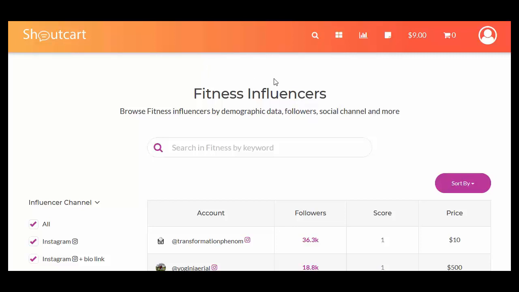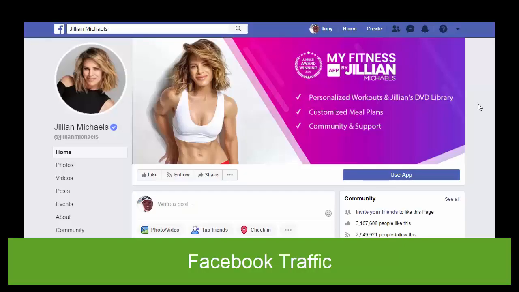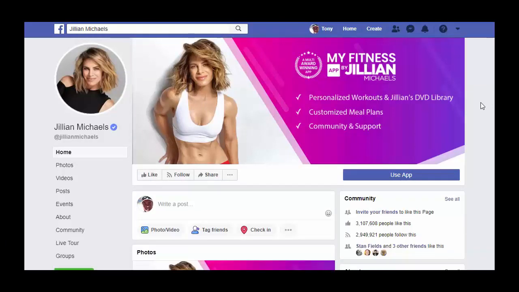So that is how to use social media influencers to drive traffic to your squeeze page to help you build your list. Let's now look at how we can use Facebook to drive traffic to our squeeze page. There's a few ways we can do this. The first thing you need to do is to have a nice looking profile page. Now, I'd recommend using a personal account and not a Facebook page